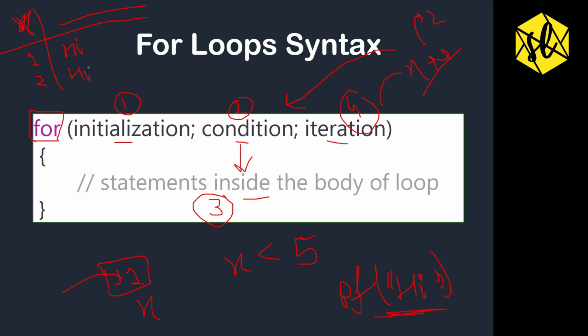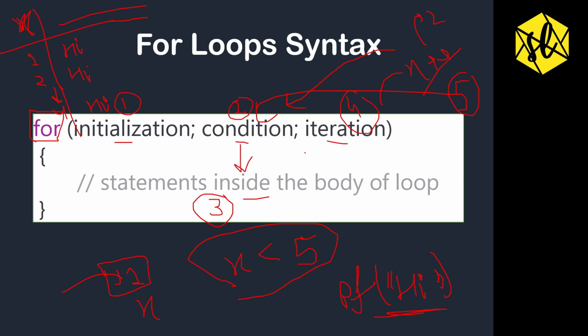This basically goes until 4. In the 4 it will check the condition and say yes, 4 is smaller than 5. Let's print hi. And after this the iteration part occurs and it changes the value to 5, and this 5 is checked against the condition, and when this condition is checked it becomes false because 5 is not smaller than 5. So the for loop ends here because the condition part becomes false.